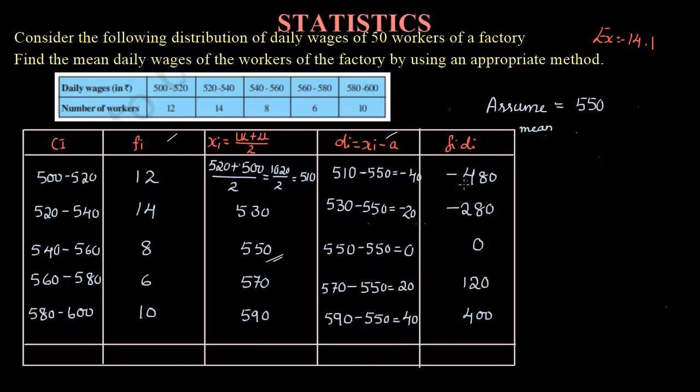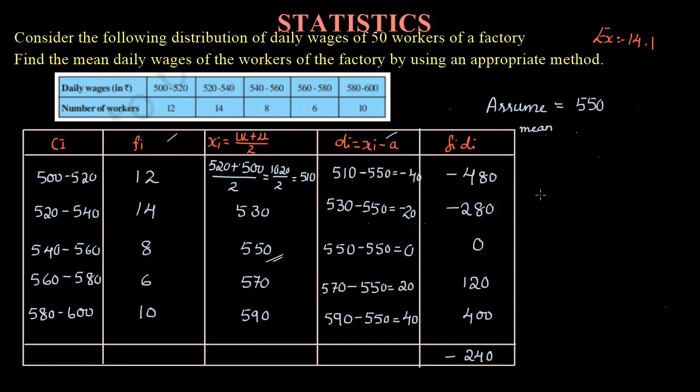So you can observe here, two numbers are having negative value. In between 0 is there, forget it. Now you have two positive values. So what you can do, add these two negative values, add these two positive values, and then at the end you will be getting minus 240. So after adding all these values, you will be getting minus 240.